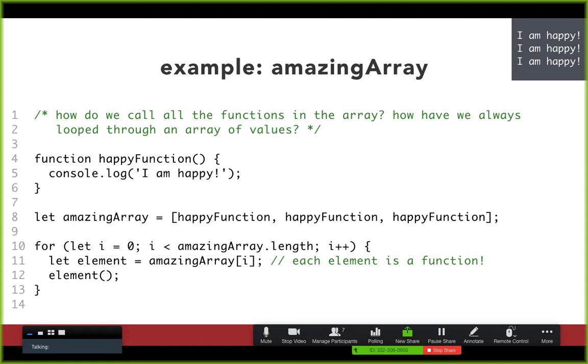On line 11, I created this variable called element, and I say let element equal the element at that index, right? Let element equal amazingArray index of i. And then on line 12, I do element open and close parentheses. So I'm actually invoking element here. And so now when I do this, as my for loop runs, the for loop is going to run 3 times, and each time I'm going to invoke the element